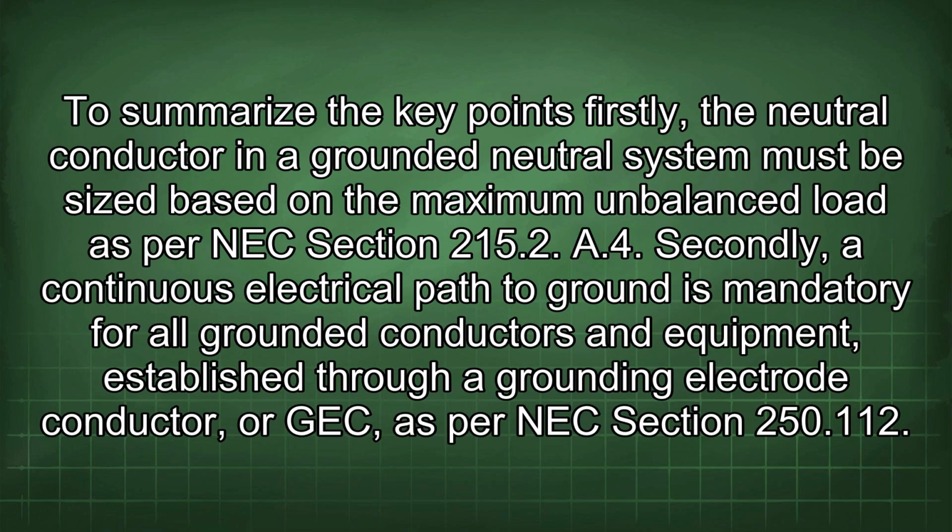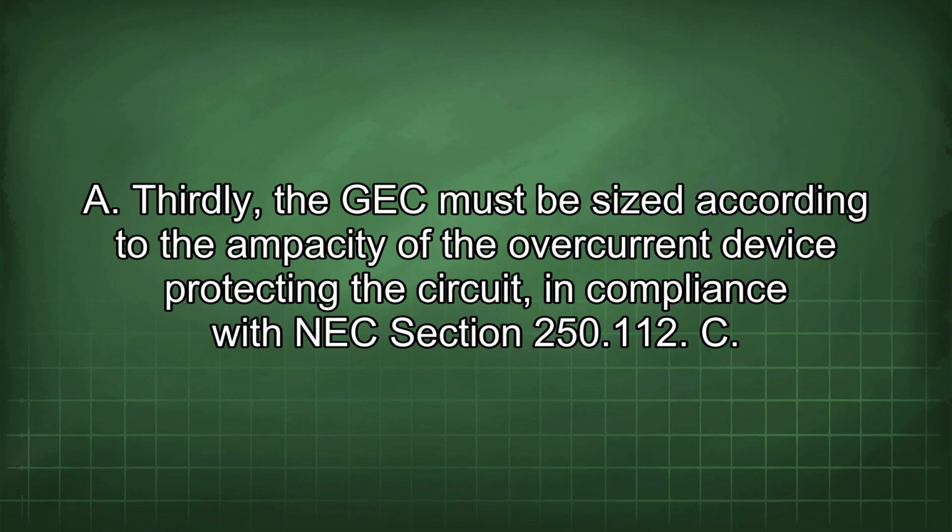To summarize the key points, firstly, the neutral conductor in a grounded neutral system must be sized based on the maximum unbalanced load as per NEC section 215.2(A)(4). Secondly, a continuous electrical path to ground is mandatory for all grounded conductors and equipment, established through a grounding electrode conductor, or GEC, as per NEC section 250.112. Thirdly, the GEC must be sized according to the ampacity of the overcurrent device protecting the circuit, in compliance with NEC section